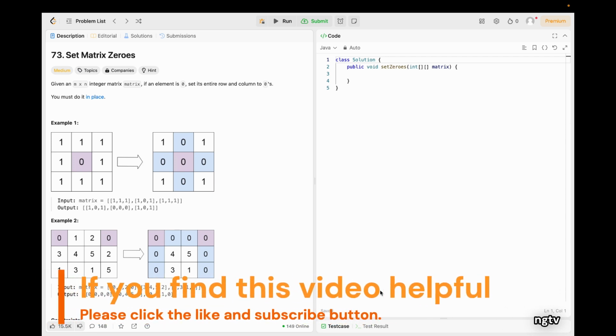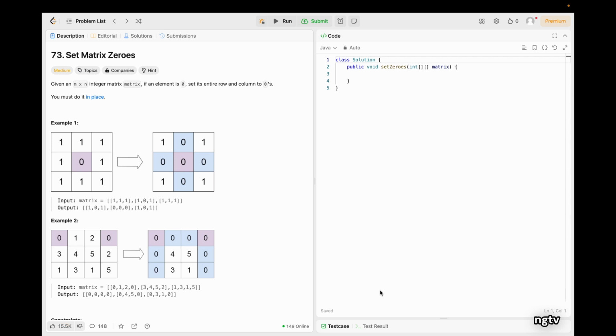So as always, we'll begin by understanding the question, what's given to us and what we need to find out. So let's understand the requirement first. And the question is Set Matrix Zeroes. Given an m by n integer matrix, if an element is 0, set the entire row and the column